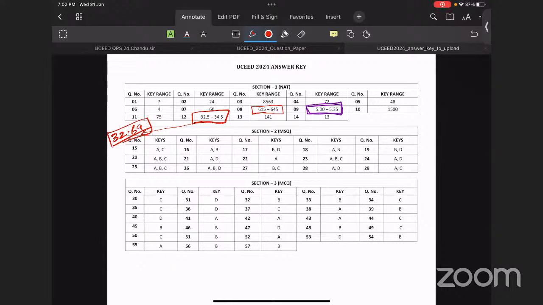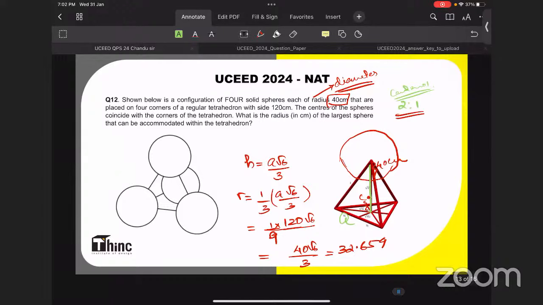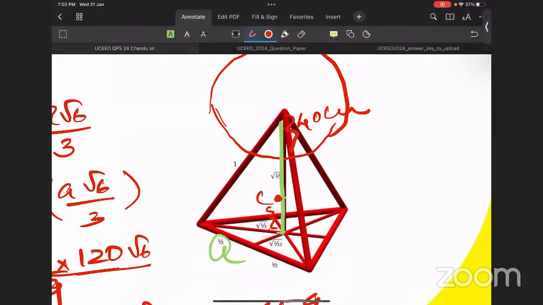But I am not satisfied. I don't know why, but I am not. Okay, the logical issue is over here. If that circle is tracing 32.69 in this direction, then it will be tracing 32.69 in this direction also. Totally this is 97 only. This entire green line is 97.9 or something. So 32.6 is tracing up to here. When a 40 centimeter circle comes, that means it will be going inside this. That is the issue I am expecting.